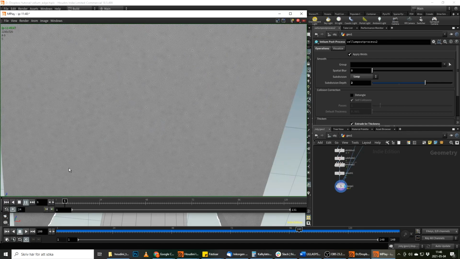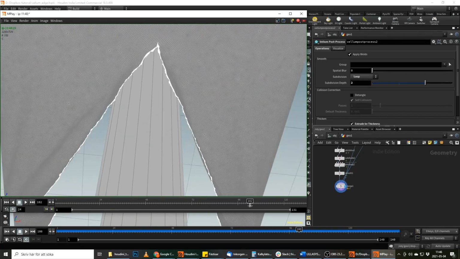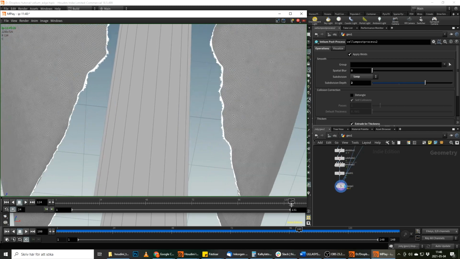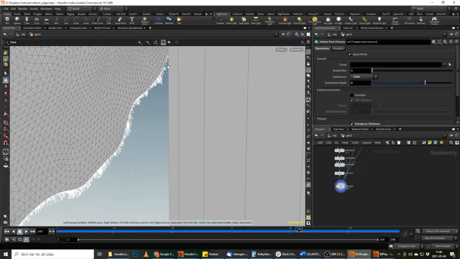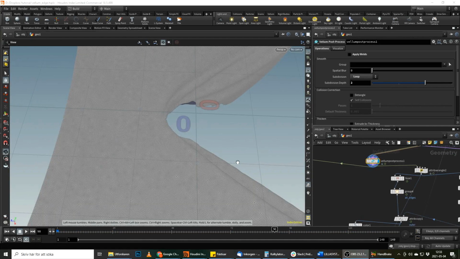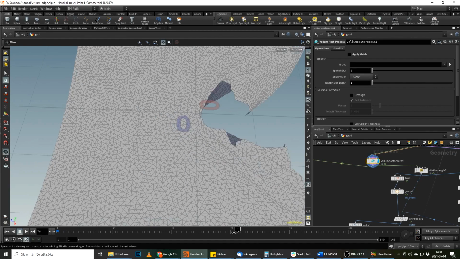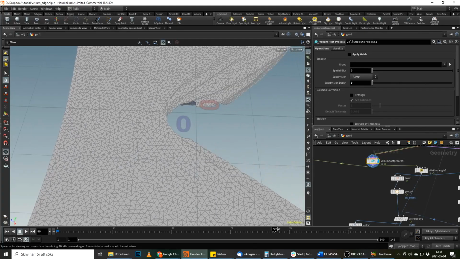Here we can see something at least. You see we have nice details here. And it works quite well. Good. And we can see it here as well, yeah. And so one thing you could do if you feel it's too jagged, we can just take down subdivisions here to 0 and see what happens, if we want to control it a little bit better and have a little bit less of the